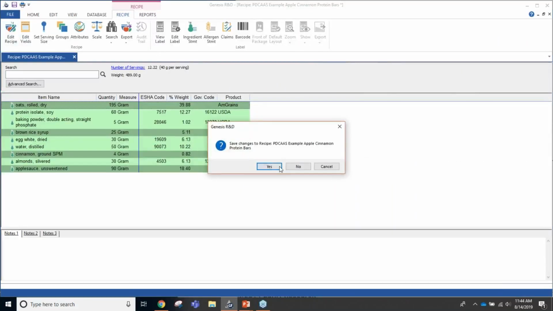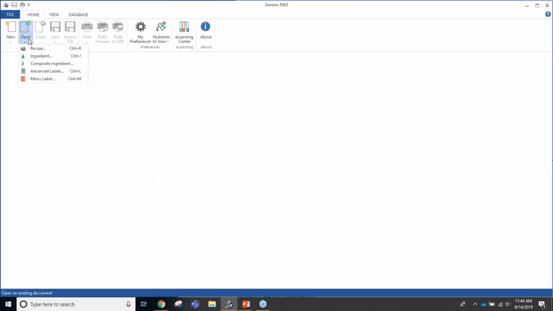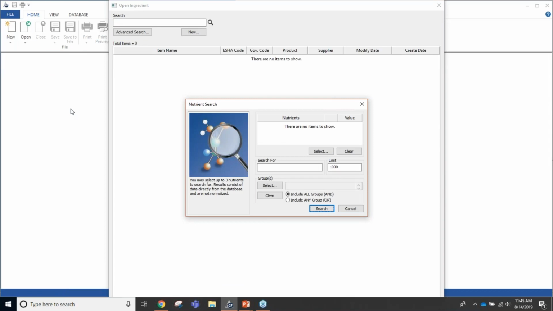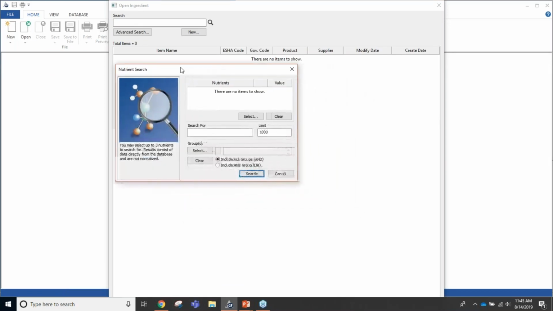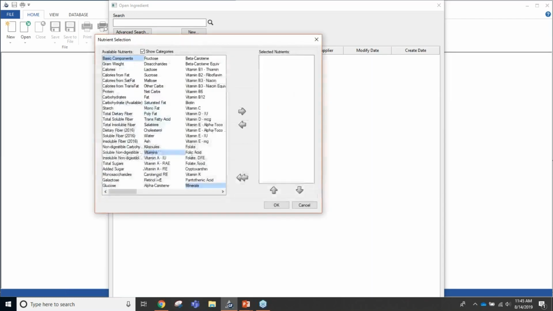Let me just close down my recipe. And then I'll show you how to use the F5 or the nutrient search. So open ingredient to access a search field. From here, you can press your F5 or your function 5 key, and you'll see the nutrient search screen here. This is how we are searching the database by specific nutrient content or specific nutrients. Here I want to choose the select button. I see my list of available nutrients, and I'll choose